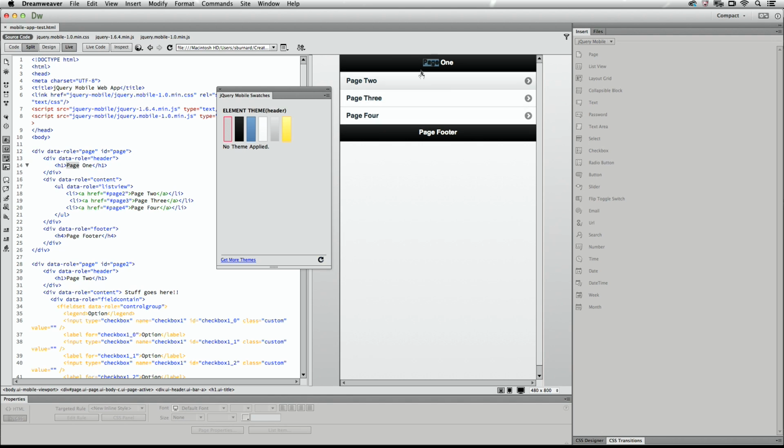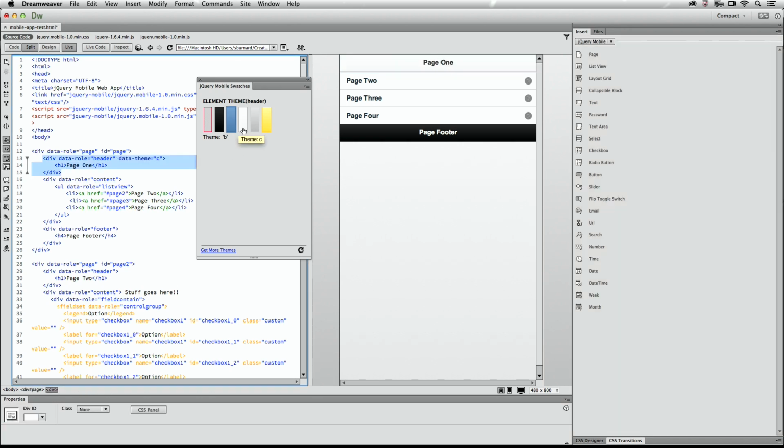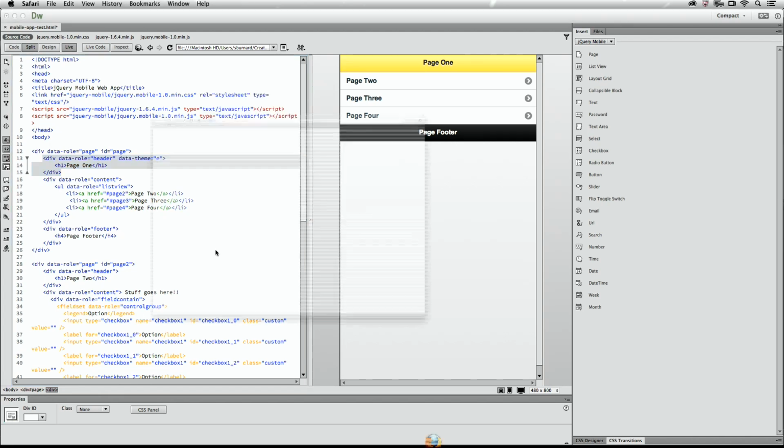Let's just now refresh. So what we can do is start to change the swatches used on this mobile app, because as part of the jQuery framework you have some built-in themes that you can work with, as you can see, kicking in straight away. Now, if you want to create your own themes, your own color schemes, etc., if I click on Get More Themes,